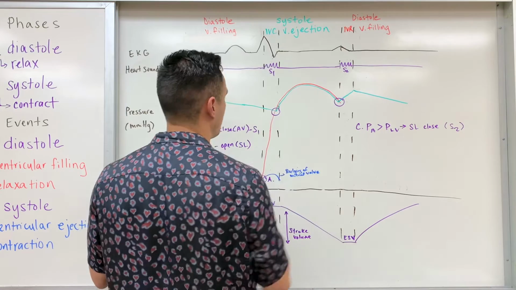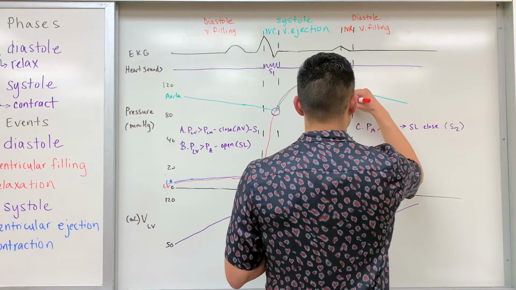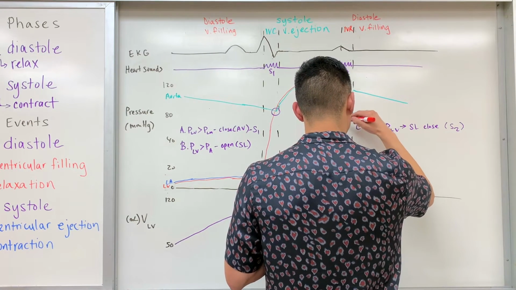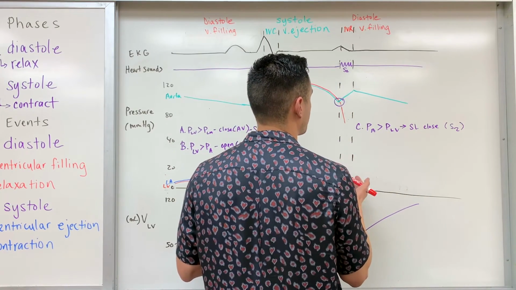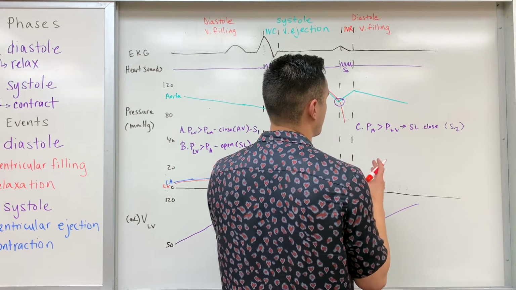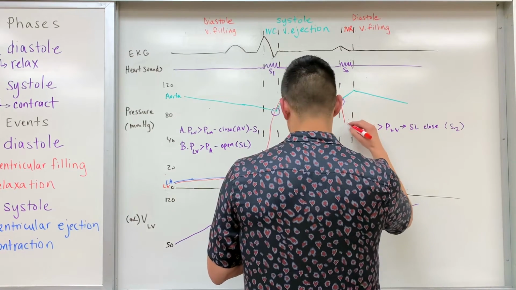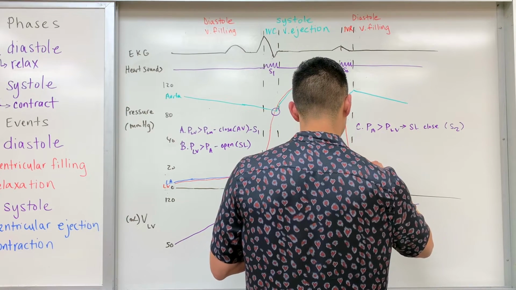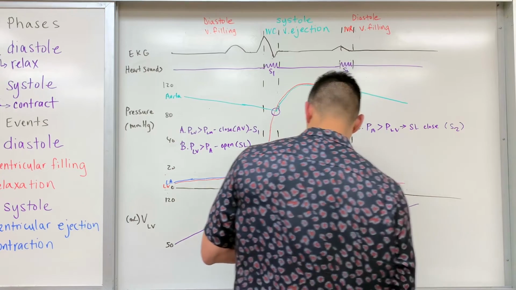Okay, so now the pressure within the left ventricle is starting to fall because it's relaxing. So the amount of blood is the same, isovolumetric, but the confined space, the space within the left ventricle, is starting to get bigger as those ventricles start to relax, so the pressure is going to fall. So this starts to go down, so we're just going to go all the way down here until we finally reach a point in which